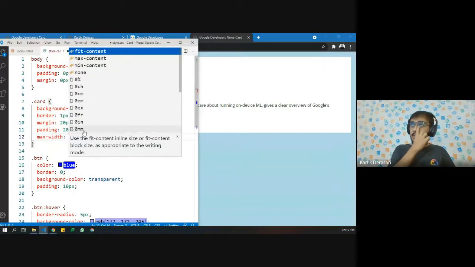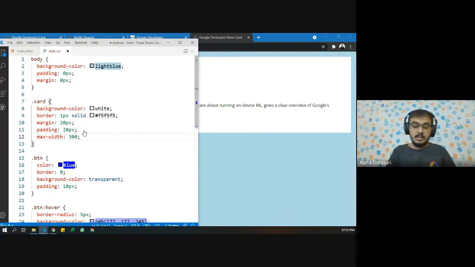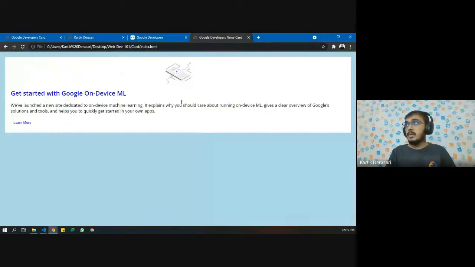If we want that the card should not be too big, the maximum width of the card should be, for an example, 300 pixel, and it will not go beyond 300 pixel on any device screen. So let's say the maximum width is 300 pixel. Now let's see how it looks.